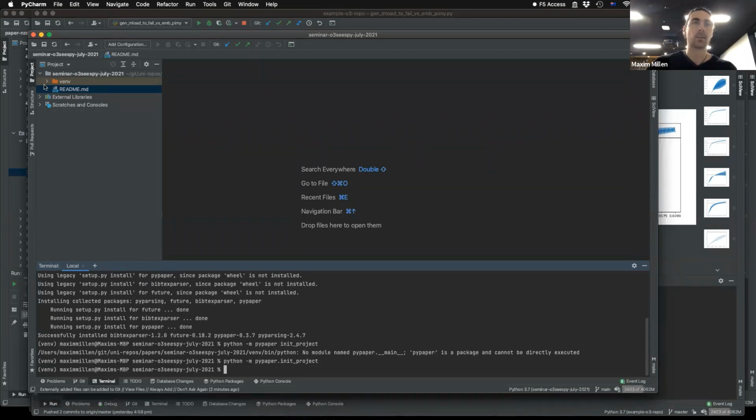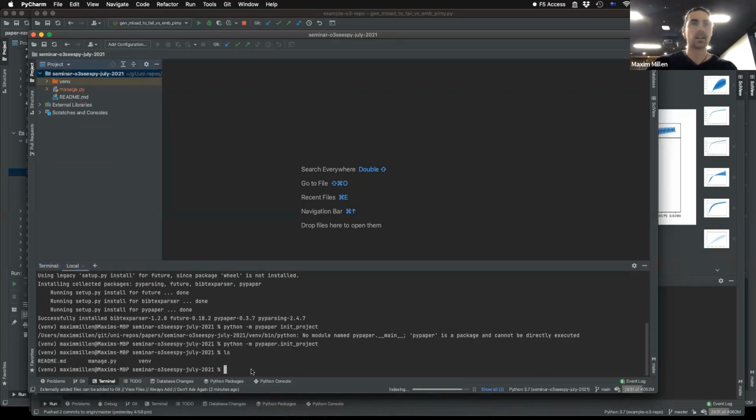Okay, so that command, or running that module, has just created this manage.py file, which, oh, there we go, it's turned up now. This is based on the Django web development framework. So if you're familiar with that, you'll find all of this fairly intuitive. And so we're just going to run one other command, which is to create